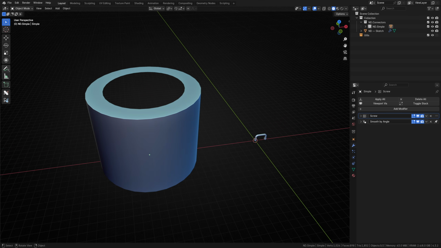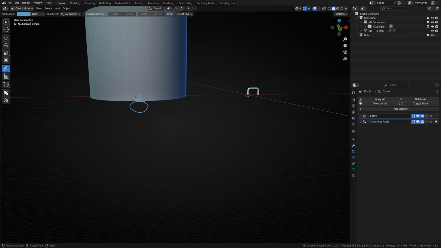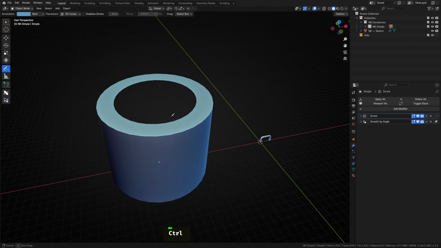The first is that its origin point should be at the bottom of the connector, or instead, the part of the connector that would be up against the object the pipe is connected to, let's say a wall, for instance. The second rule is that the opening of the connector needs to be precisely 1 unit in diameter. In Blender, this would equal 1 meter as it works in meters under the hood. If your units aren't set to meters, you'll need to make the appropriate conversion. For instance, I work in millimeters, so the opening of the connector is precisely 1000 millimeters. If the details of the connector extend past that point, it's perfectly okay.